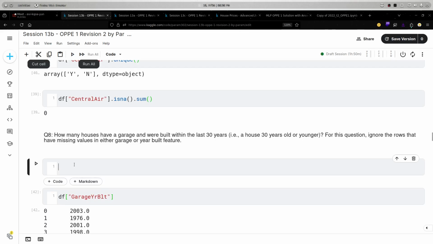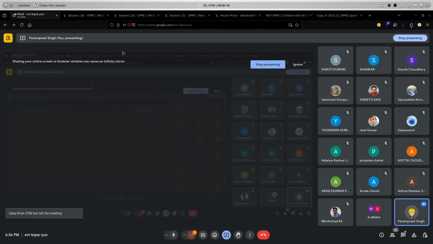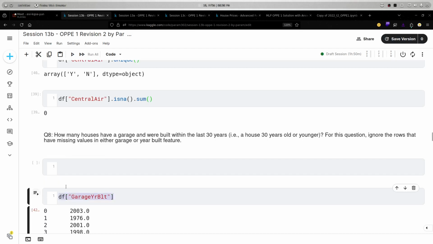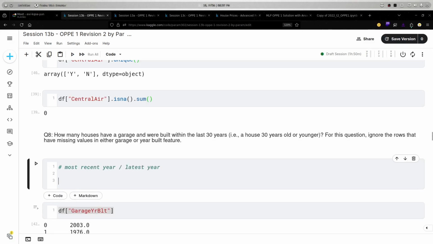So how can we get the most recent year for the garage year built? Like the most recent year, or I can say the latest year. How can we get it? Can we sort according to descending? You can sort in descending with sort_values and ascending false.